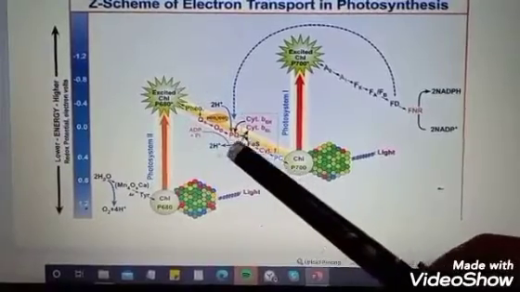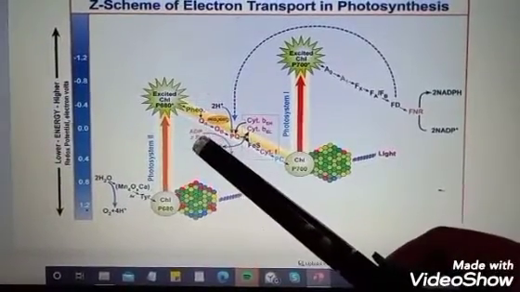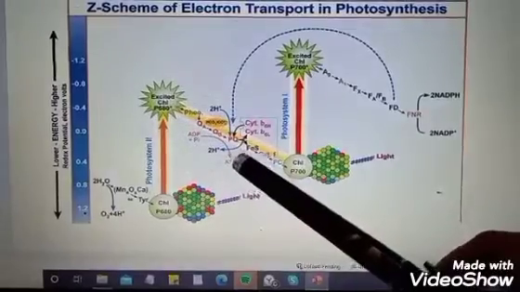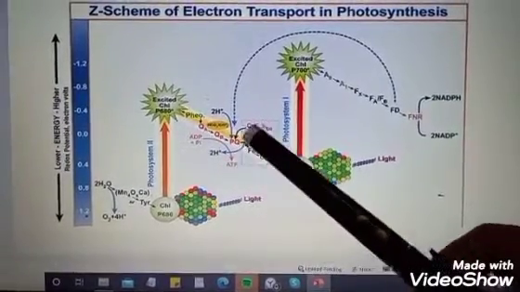During its path it also releases some energy, which is used by ADP and inorganic phosphate for the formation of ATP, and this type of ATP formation is known as